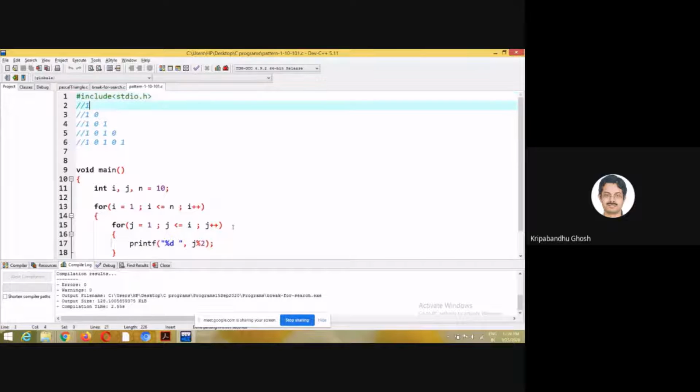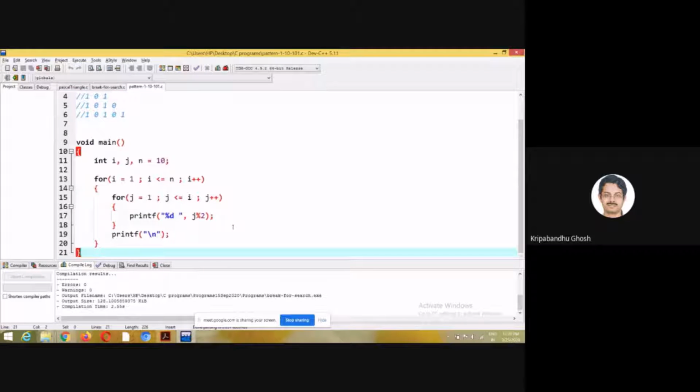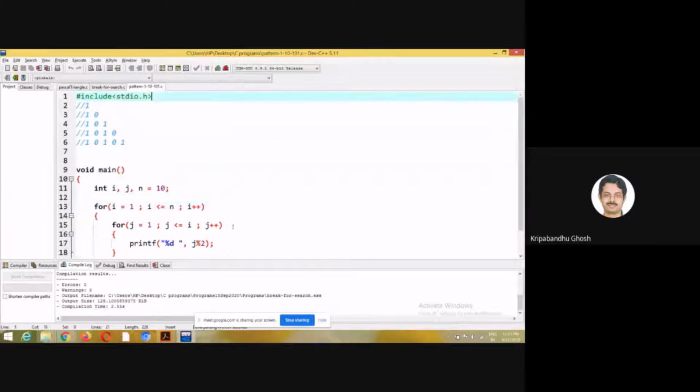If you understood this, you must have this construct within your grasp, so that if any variations are there, you should be able to understand what's happening.